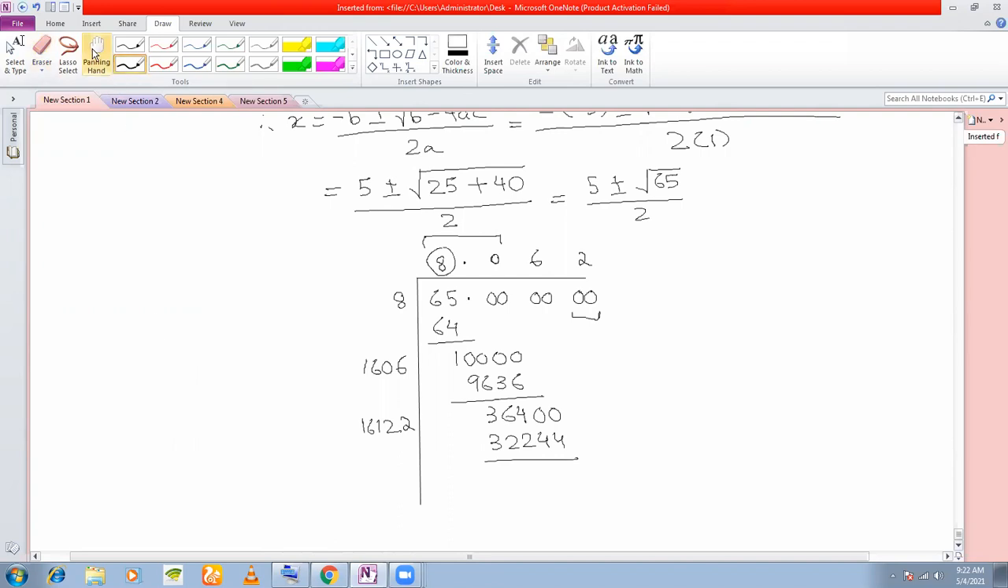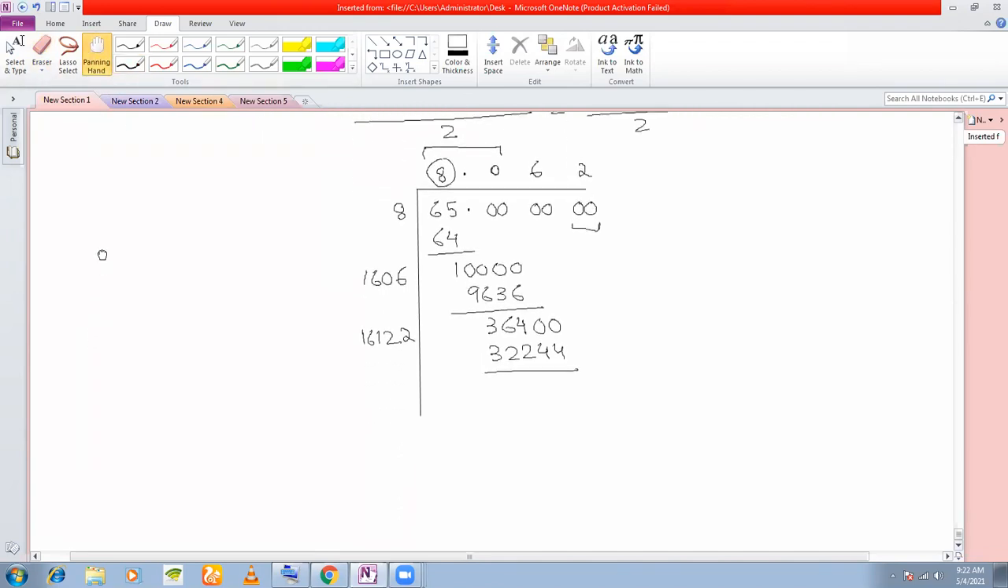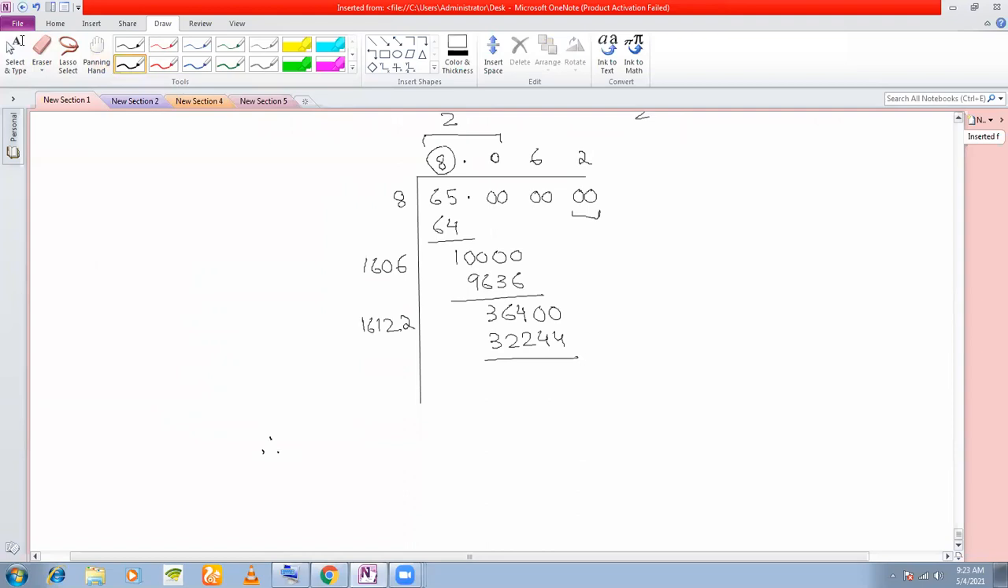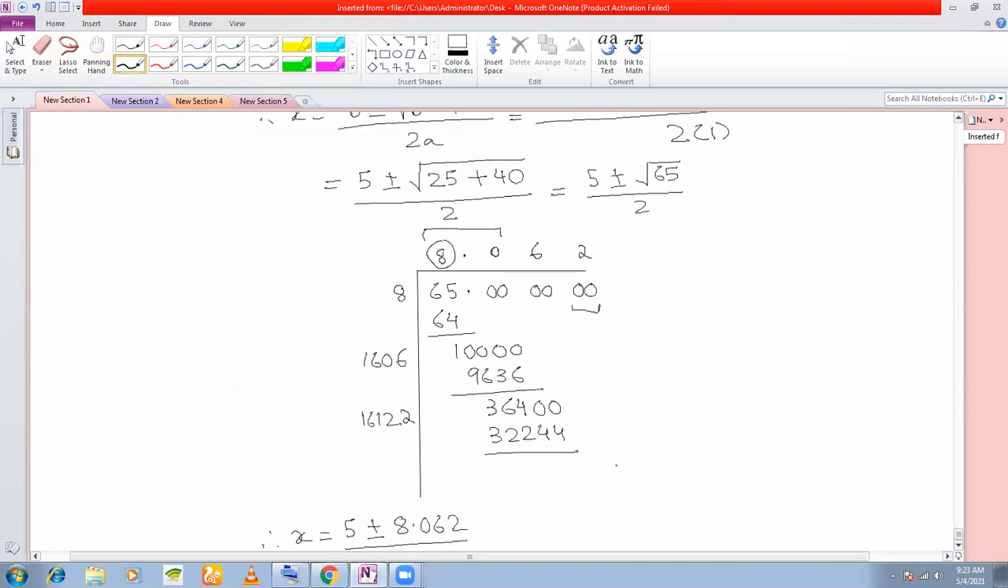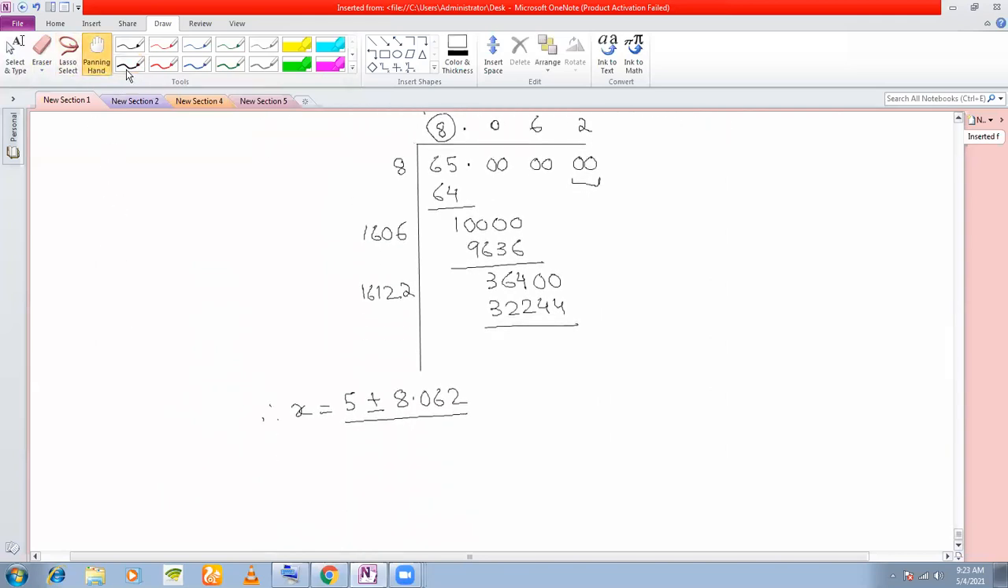Therefore, x is equal to, what had we got? 5 plus or minus root 65. So we put it here. Therefore, x is equal to 5 plus or minus 8.062 divided by, and we had in the denominator, I think we had 2. Yes, we had a 2 here. I'll put a 2 here. Okay, so taking positive sign,